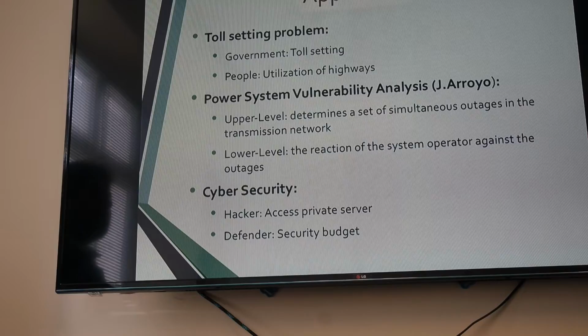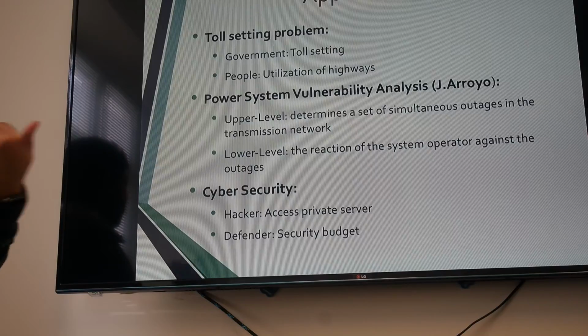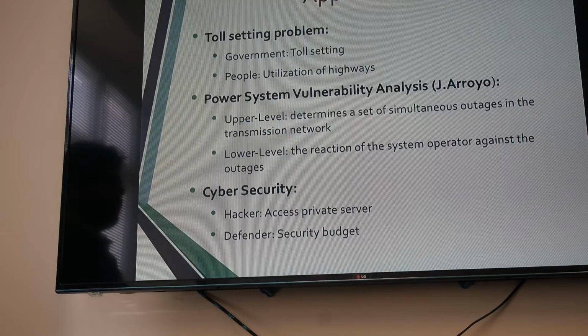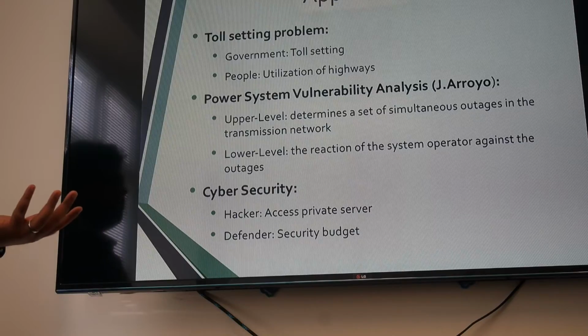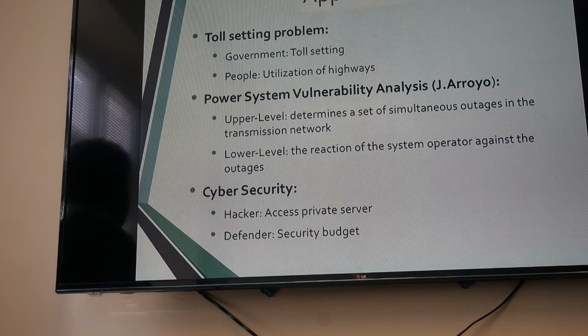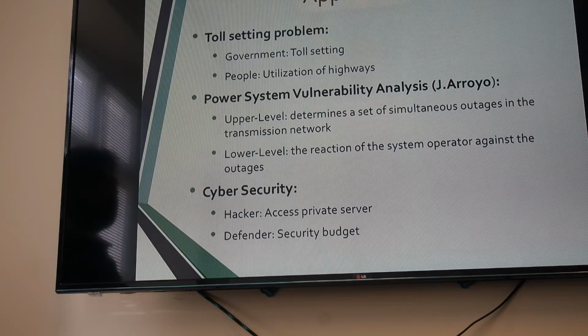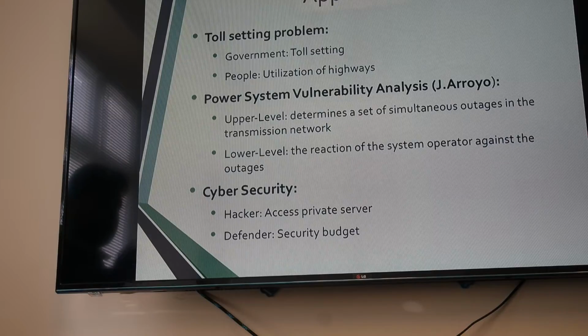The second application is power system vulnerability analysis. In the upper level, we determine a set of simultaneous outages in the transmission network. So it's like an attack on the infrastructure where the attacker is trying to affect the transmission system within some constraints like budget or resources, while the defender reacts to this outage and tries to minimize the losses as much as possible. In cybersecurity,